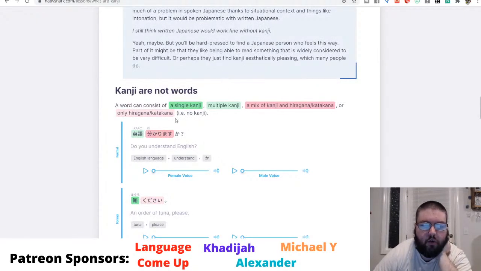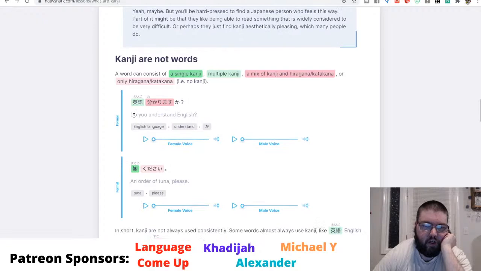Kanji are not words. A word can consist of a single kanji, multiple kanji, a mix of kanji and hiragana or katakana, or only hiragana or katakana, i.e. no kanji. So, okay, eigo